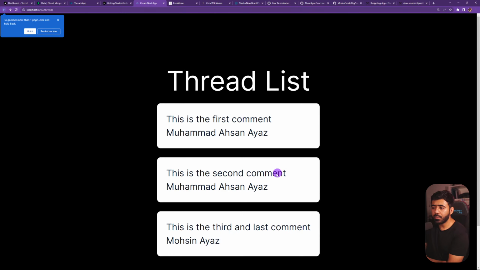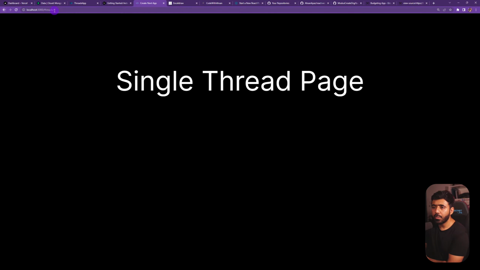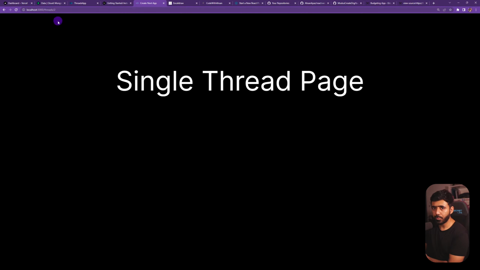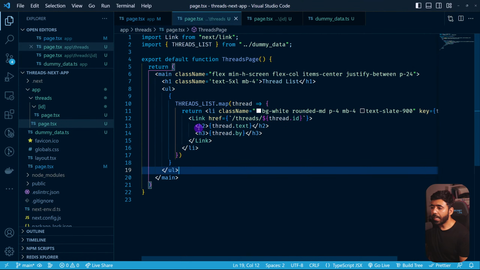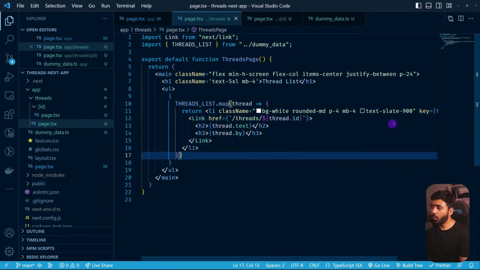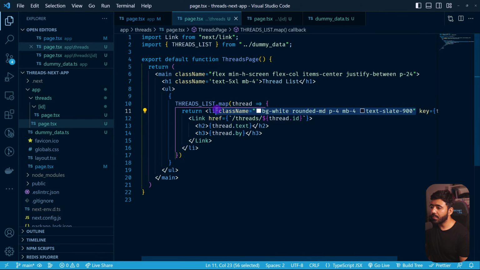The second one takes me to thread 1. The third one takes me to thread 2. Okay, so I hope this makes sense. Another good way would probably be to wrap everything inside the link, or to just give this class name to